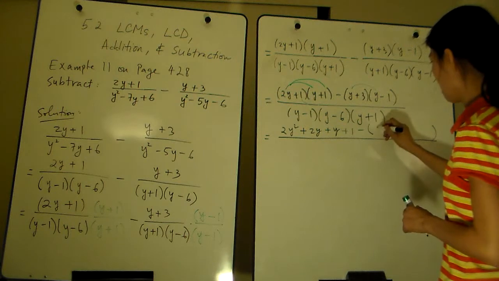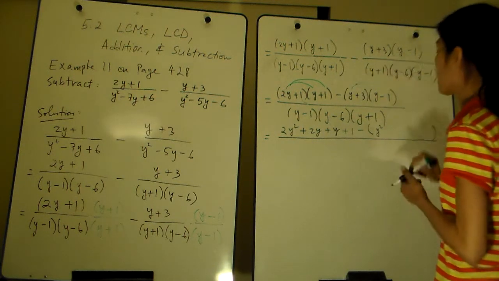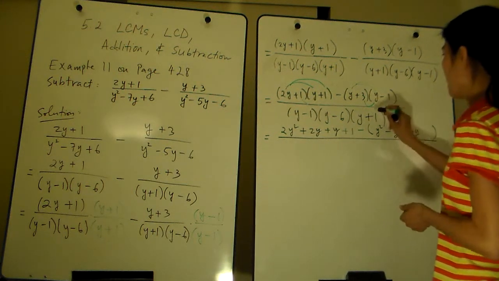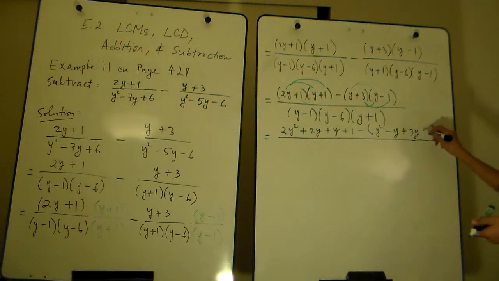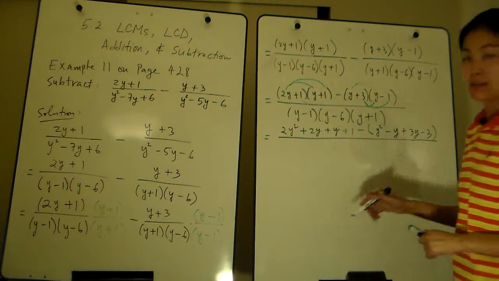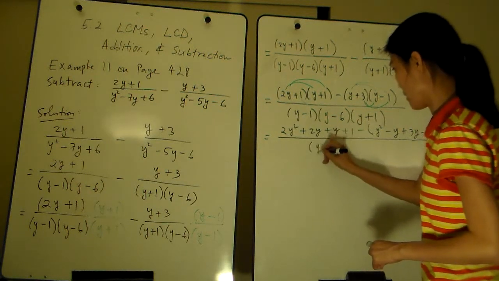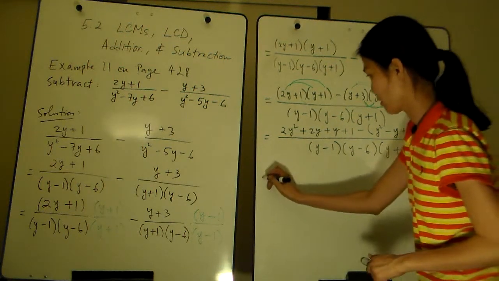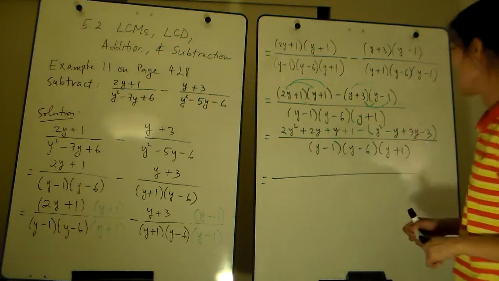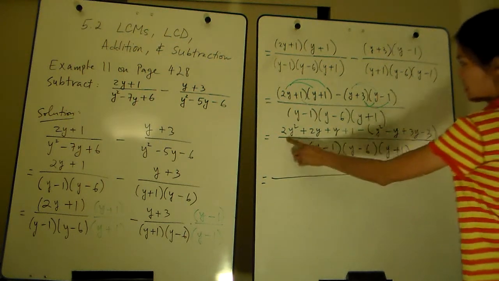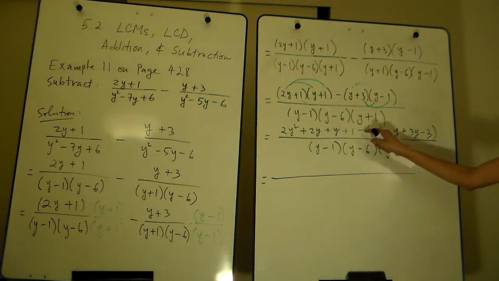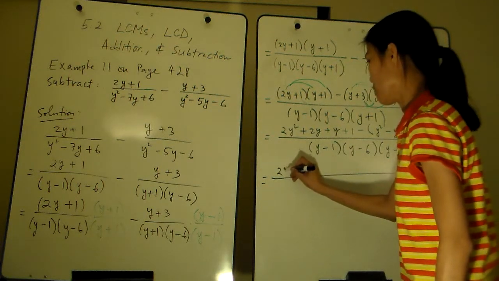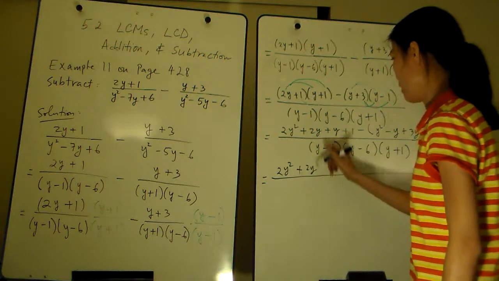Y times y is y squared. Y times minus 1 is negative y. 3 times y is positive 3y. 3 times negative 1 is negative 3. And the denominator is the same, so rewriting it, y minus 1, y minus 6, y plus 1, equal. Alright, let's see any like terms that we can combine. Now we cannot do it yet. These four terms are different, but let's simplify by distributing this negative to all terms inside this parenthesis. So rewriting the first four terms: 2y squared plus 2y plus y